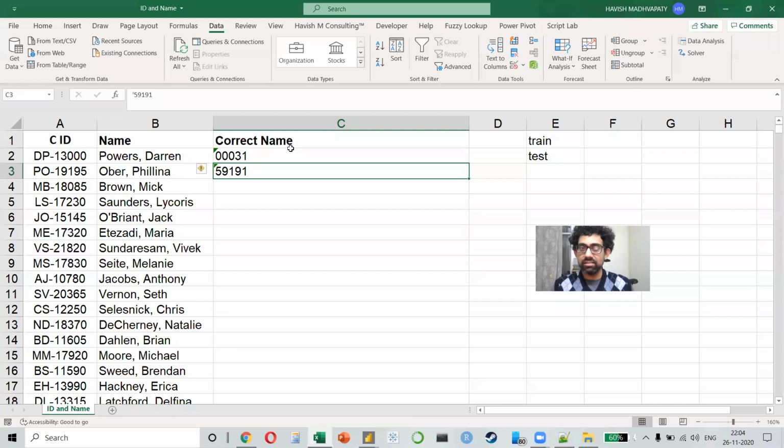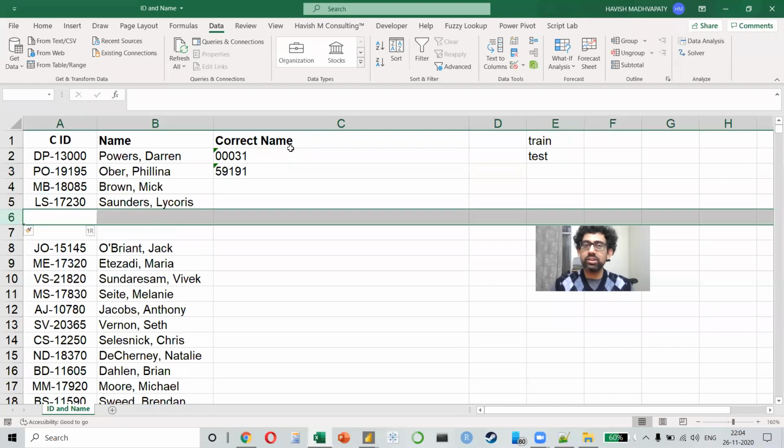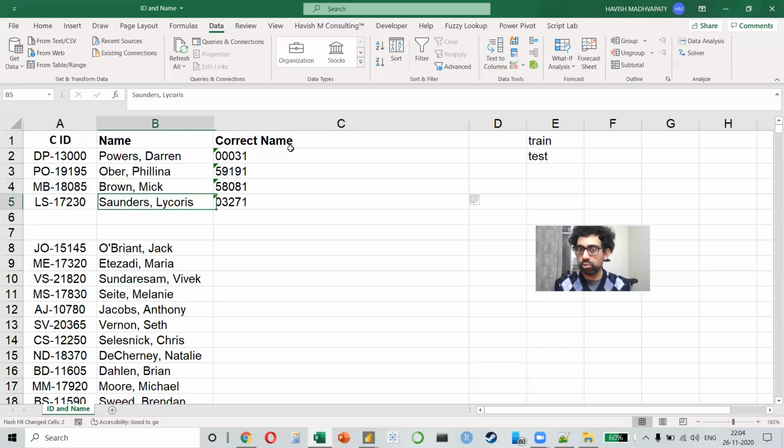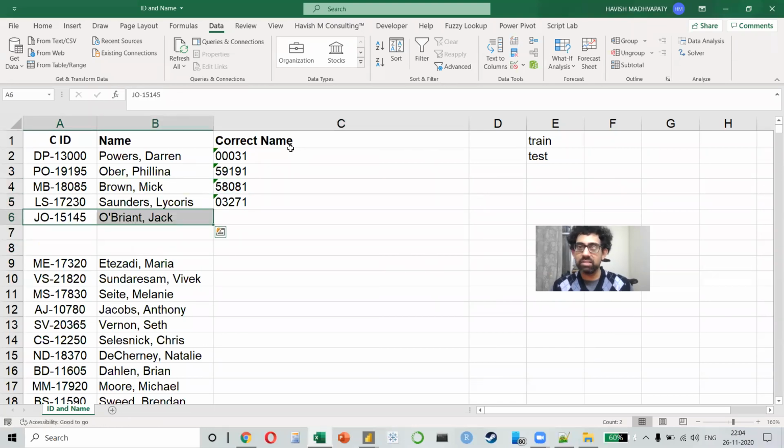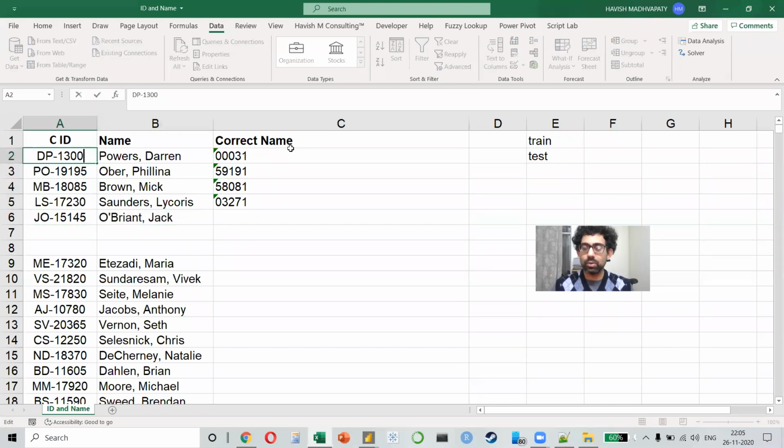If you're fascinated by Flashfill, you should be. It's a fantastic tool. But there are problems. If I've applied it on 4 rows and tomorrow I have another row, it will not dynamically give me the new result. If tomorrow one of the inputs changes, it will not change the result. So it's a very static action. It gives you the result, but it doesn't make it dynamic.